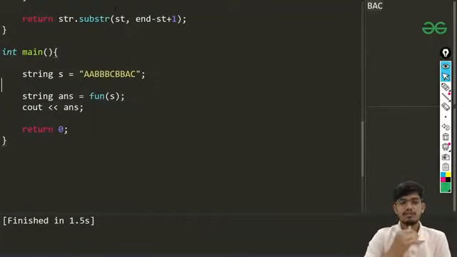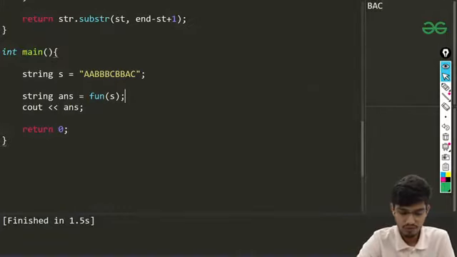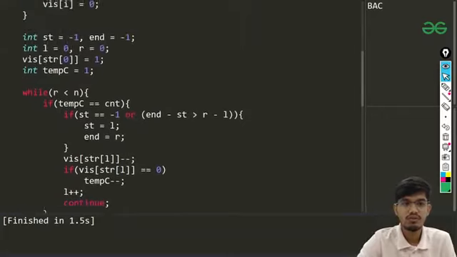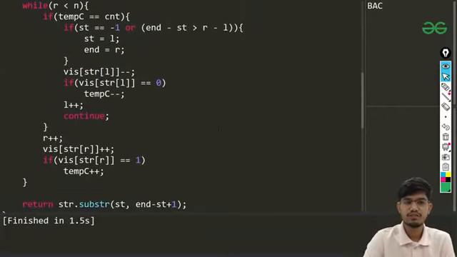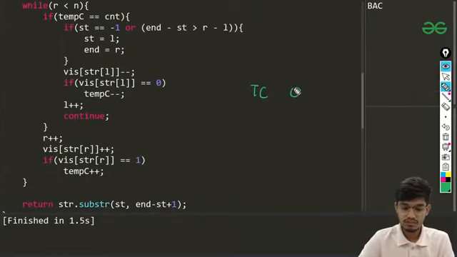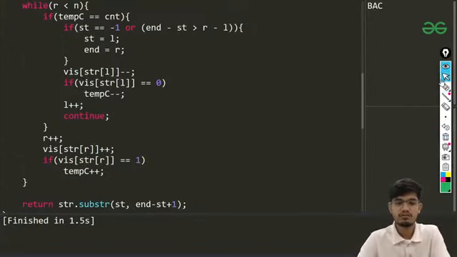Okay, so that is it, and I think I didn't run the code for the previous order of n square solution. So this is order of n solution now because we did it in one iteration only. So the time complexity for this is order of n. Okay, and let us go to the previous.